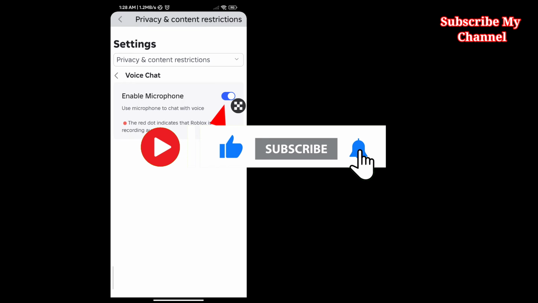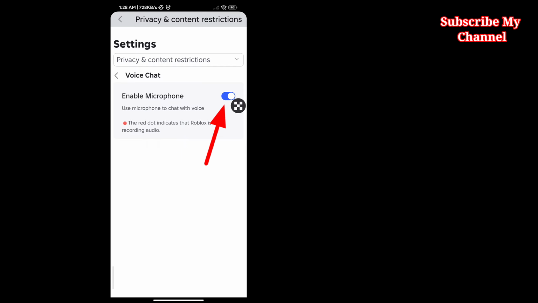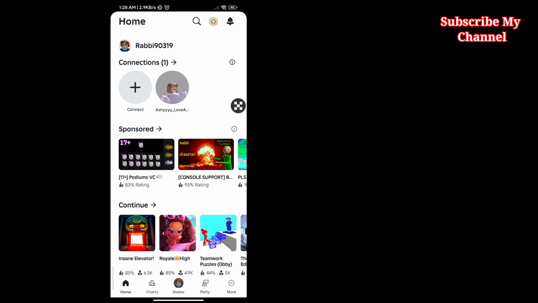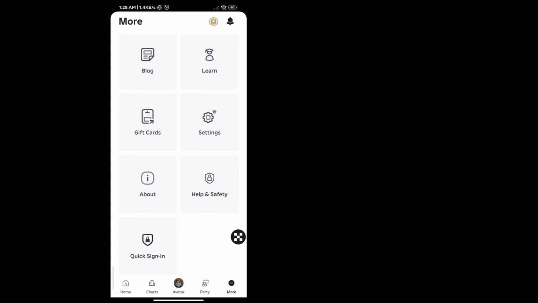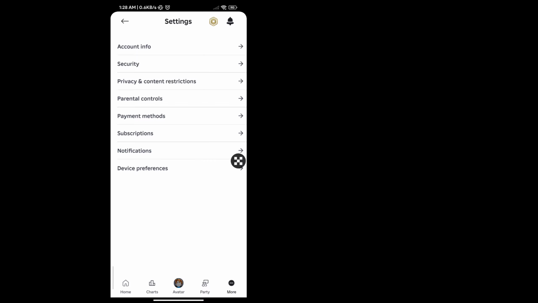In today's video, I will show you how to enable voice chat on Roblox. So let's get started. First, open your Roblox app and log in. Now click the right corner 3-line menu and go to settings and go to account info